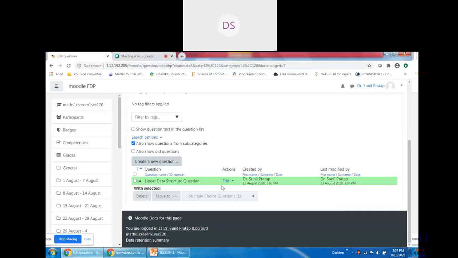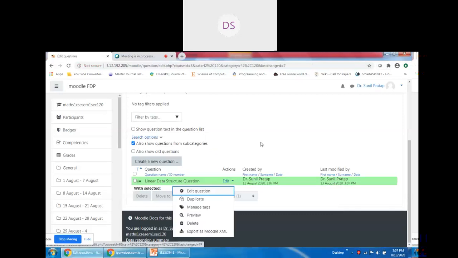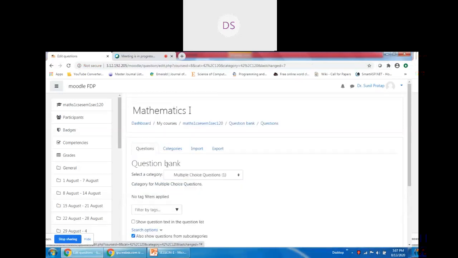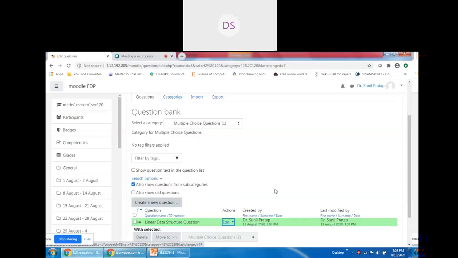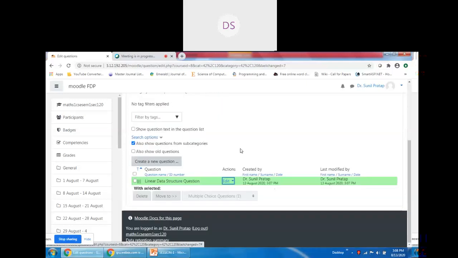So I have created this question under the multiple choice questions category, and in this drop down you can see multiple choice question with 1 in brackets. It means this category has one question. We can edit this question which we added recently, and one important point is that we want to see how this question will appear in the user's window.